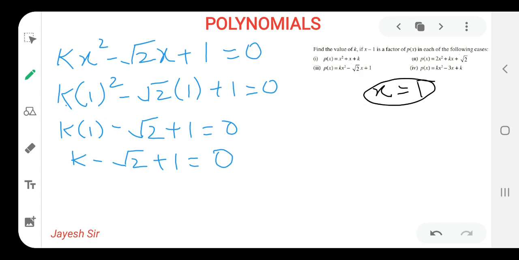Now what we are supposed to do, friends? Minus root 2 is in subtraction over here. After going that side it will become plus. So plus root 2 and plus 1. Here 1 is having a positive sign. After going that side, a negative sign would be there. So plus 1 will become minus 1, and minus root 2 will become plus root 2. I hope you all might be getting it. And here we have solved our third sum also.